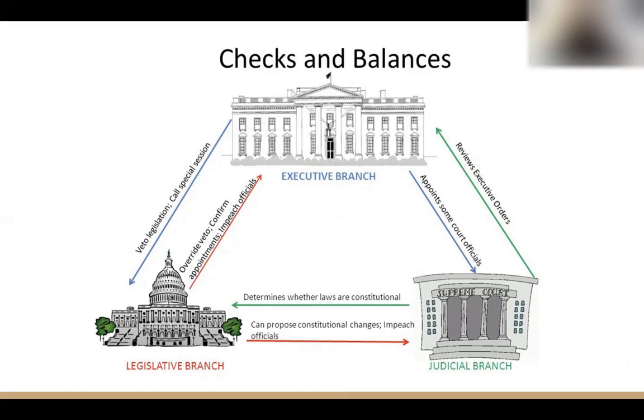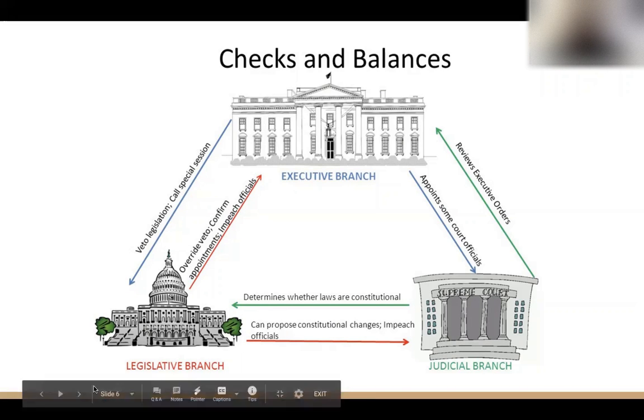Similarly, in a way to check that balance, if the legislative branch is able to come up with a majority of votes, this branch is also able to override that veto. And so you see this very brilliant idea of these three branches of government balancing each other out and making sure that not one branch gets too powerful.